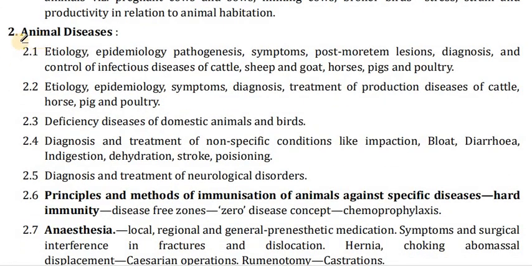Animal disease: etiology, epidemiology, pathogenesis, symptoms, post-mortem lesions, diagnosis and control of infectious disease of cattle, sheep and goats, horses, pig, poultry. Etiology, epidemiology, symptoms, diagnosis, treatment of production disease of the cattle, horse, pig, and poultry, deficiency disease of domestic animals